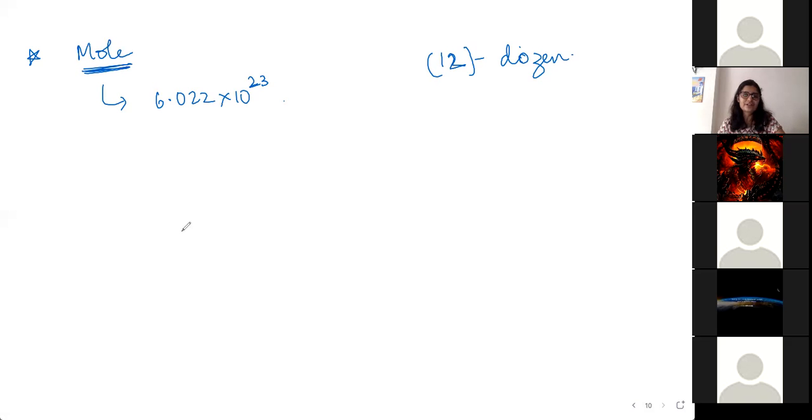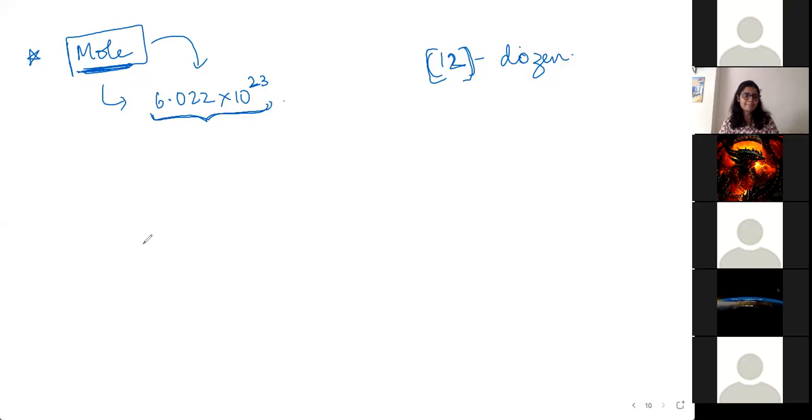Yes, Sujal, that is a lot. So mole simply represents this many number of things. It can be anything. You can say a dozen eggs or a dozen apples. If I say a dozen eggs, it means I have 12 eggs. Similarly, this number represents 1 mole. So I can say I have 1 mole of atoms, 1 mole of molecules. I can say I have 1 mole of benches. It'll just mean that I have 6.022 into 10 power 23 benches. Just like how you use the word dozen for 12, mole is a word for this number.